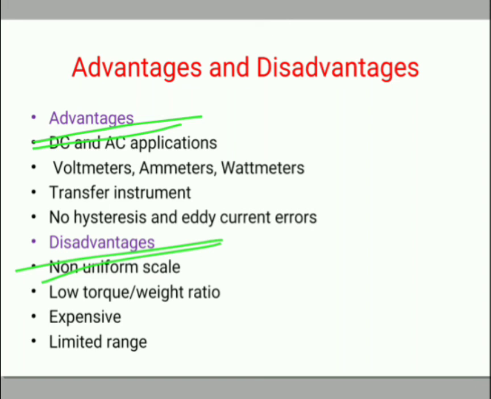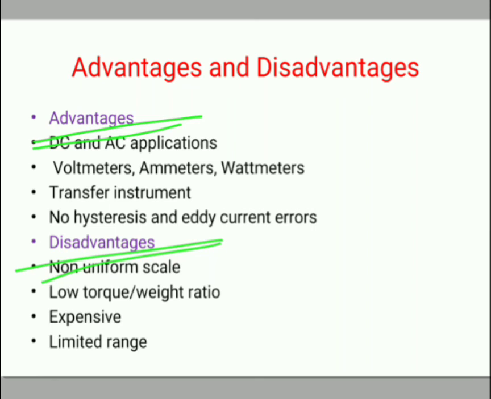So in previous as well as this video we have covered the electrodynamic meters or instruments, or it is also called dynamometer instruments.